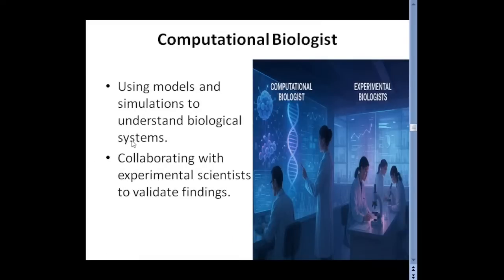You can also be a computational biologist. Although you could just be an environmental biologist, that is fine, but what part of environmental biology are you? So as a computational biologist, what is your job description? Number one is to use different models in simulating and understanding complex biological systems. So what you will be doing is just to model. You are going to model, simulate, and use your bioinformatics experience to understand complex biological systems.